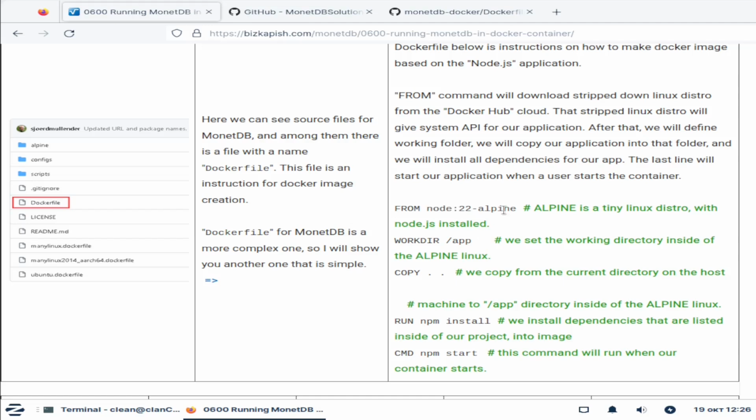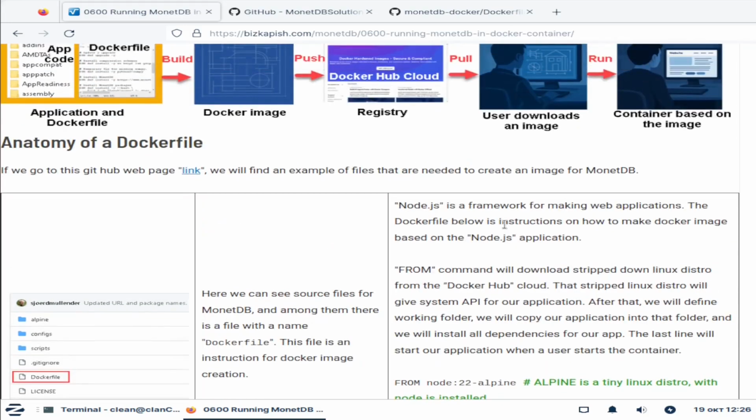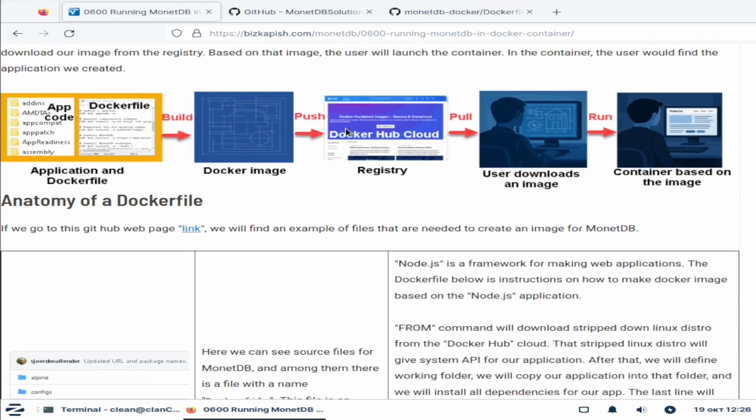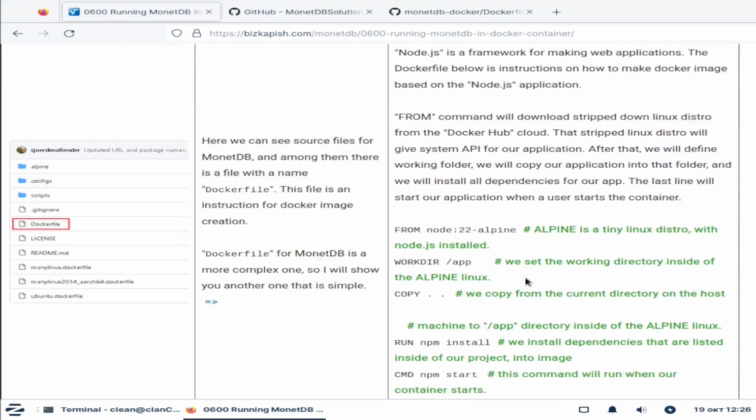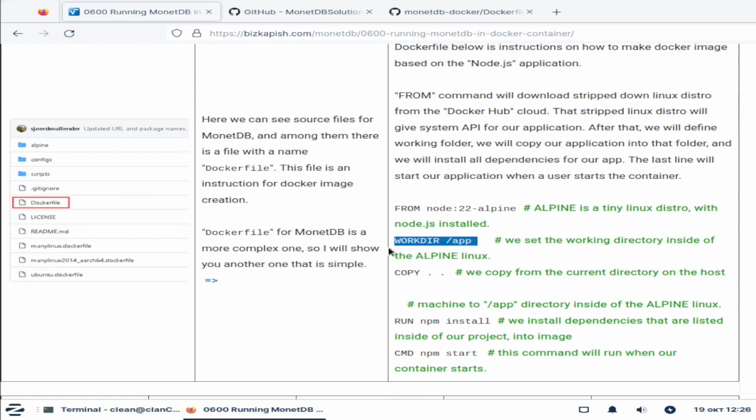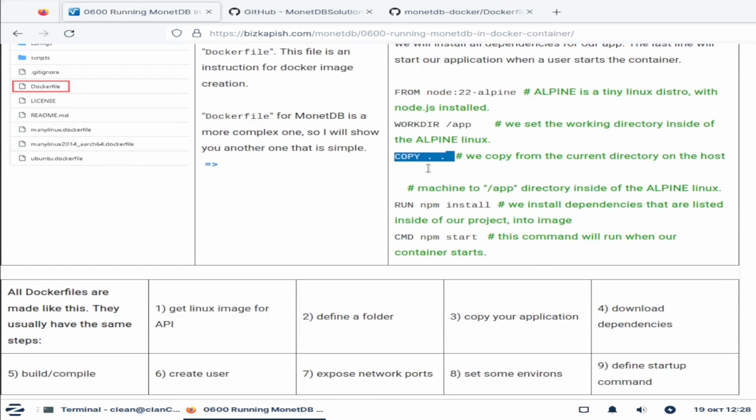Now, how will computer get this Alpine Linux? Well, it will download it from the Docker Hub. So all of those base images are on the Docker Hub cloud. Then we will define a working directory inside of this Alpine Linux. We will copy files from the current directory to current directory. This first current directory is on our host machine, and this second current directory is actually this working directory on the Alpine Linux. Then with those files, we also have a file that has a list of all of the